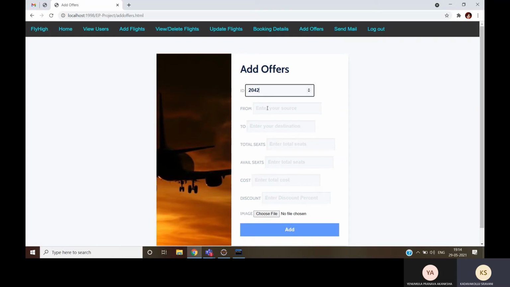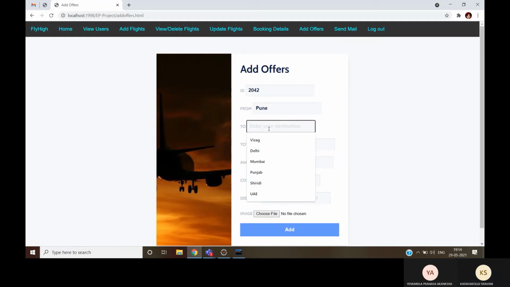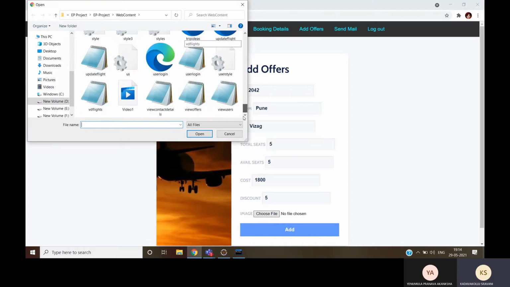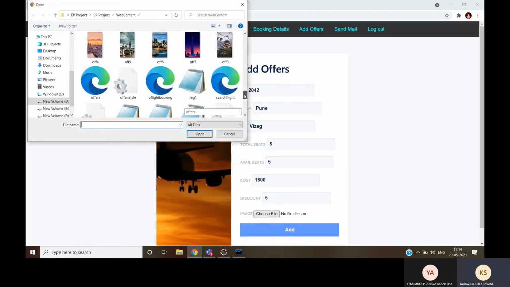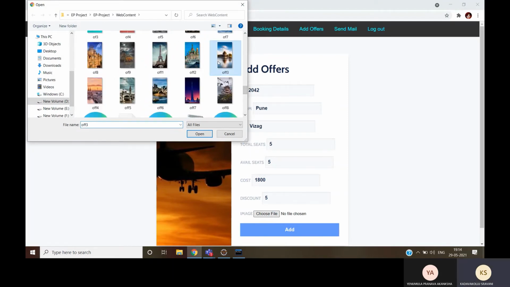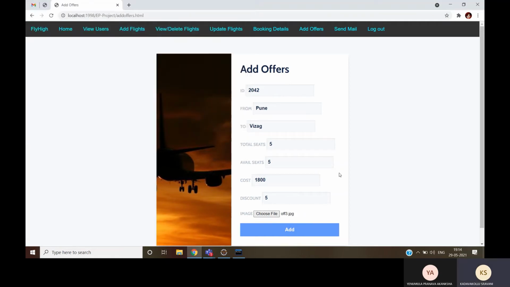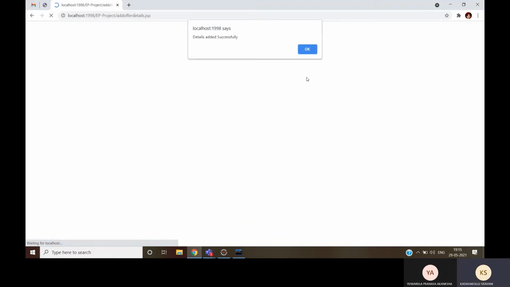Flight ID is 2042. Discount is 5%. The offers are added.